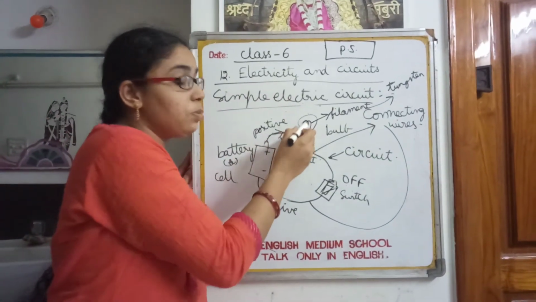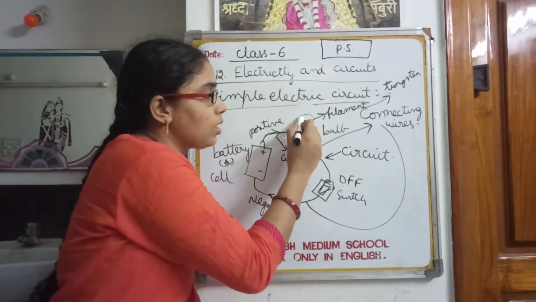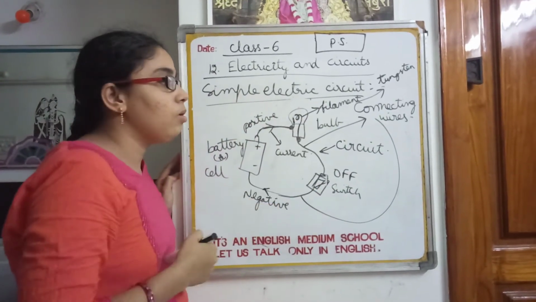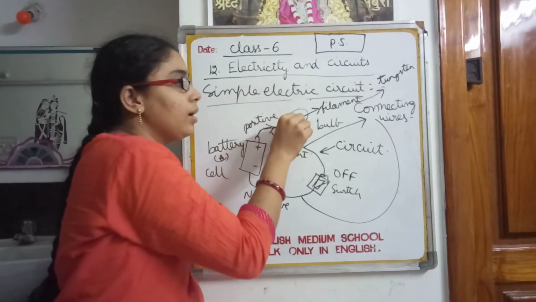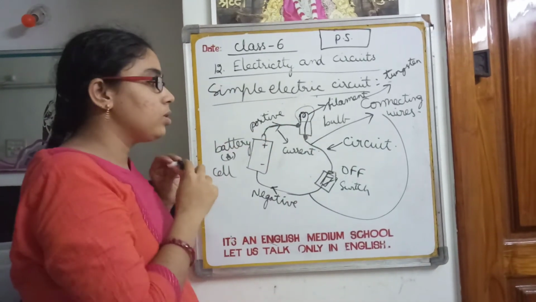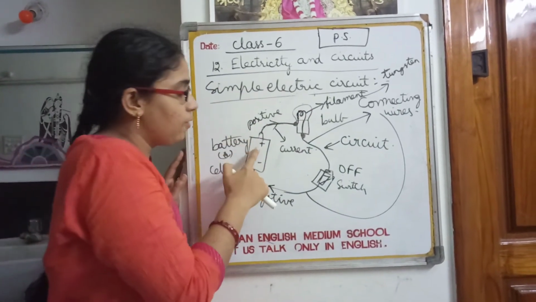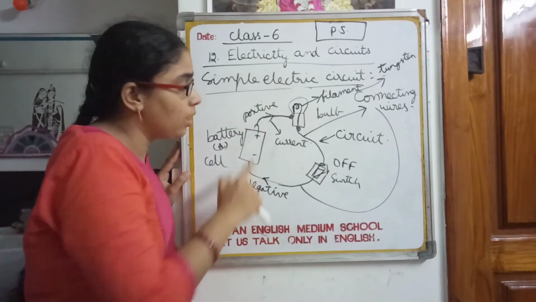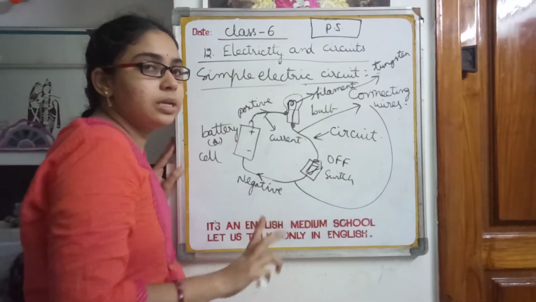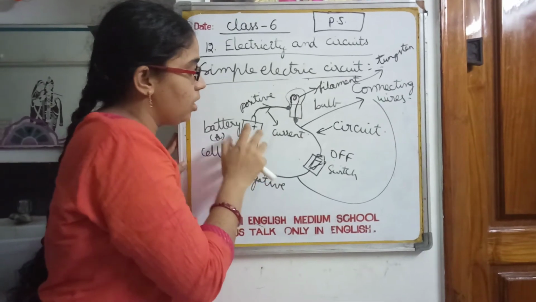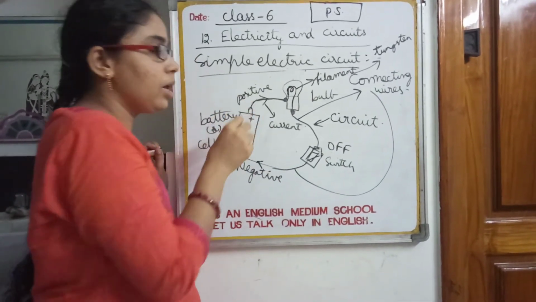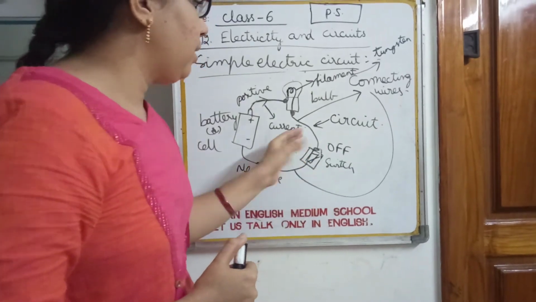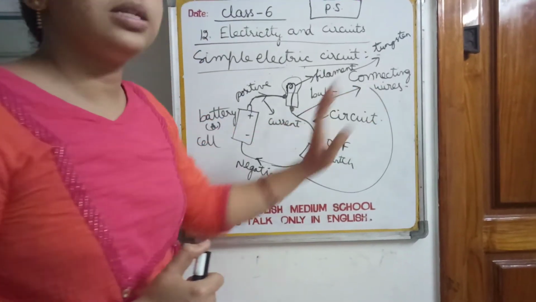And if the filament is broken, the circuit is not complete, there is a break, then also the bulb doesn't glow. If the filament is complete, then only the bulb glows. And the third case is if the chemicals in the battery are used up, that means those are completed, then also the bulb doesn't glow. If the chemicals are full and the battery is in working condition, then only the bulb glows. Okay, so this is about the circuit, and these are the connecting wires.